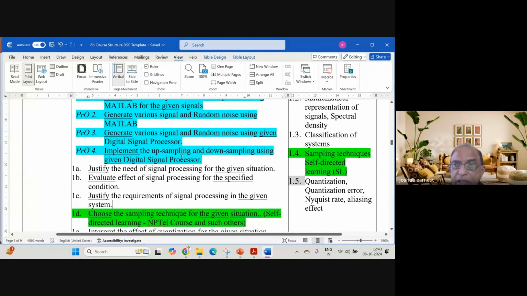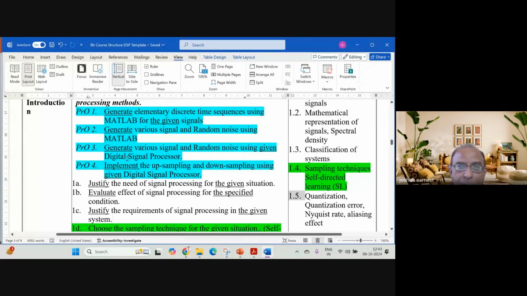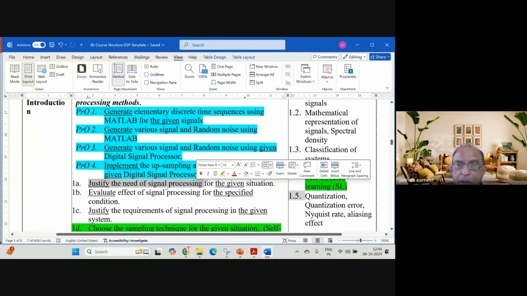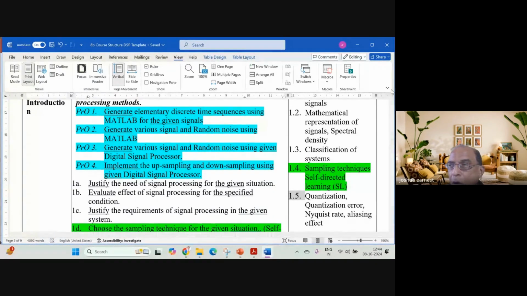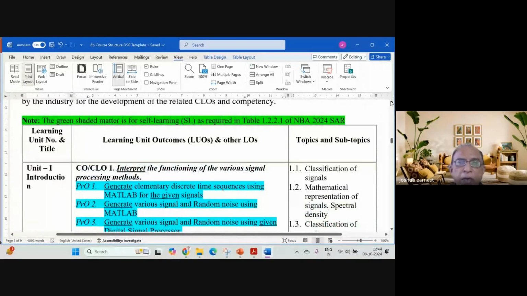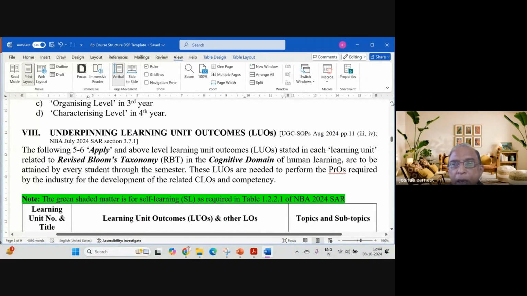Here also you will see that they are all given situations, and these are required for the PROs. So in the industry, when he has to do some work, some experiment, some practical, he needs this. So the industry is going to give him money for doing this and not for this. Let me tell you, the theory is the underpinning material. That is why the word I'm using is underpinning learning unit outcomes. They are required to do the practicals, and